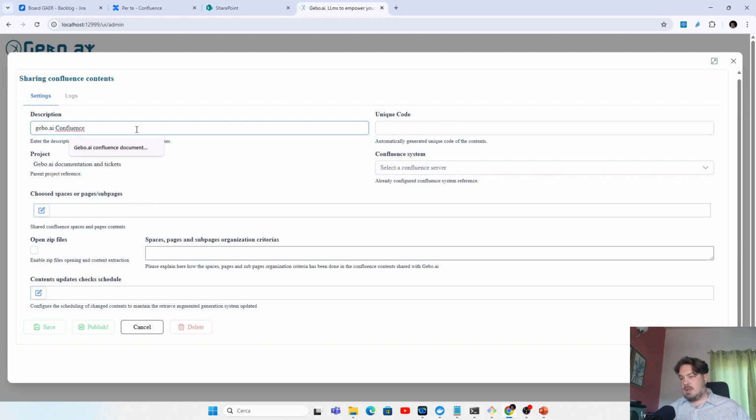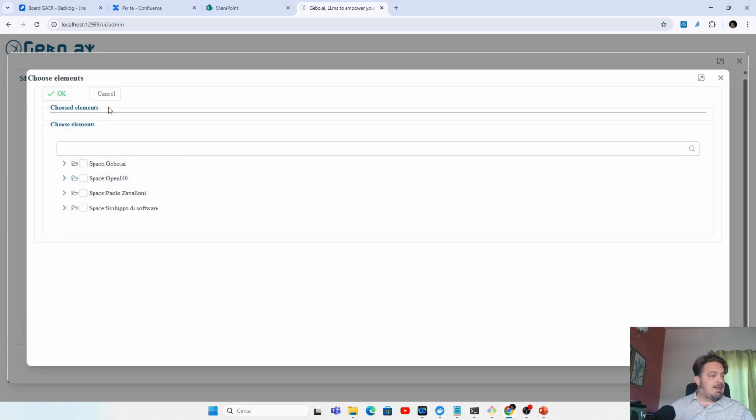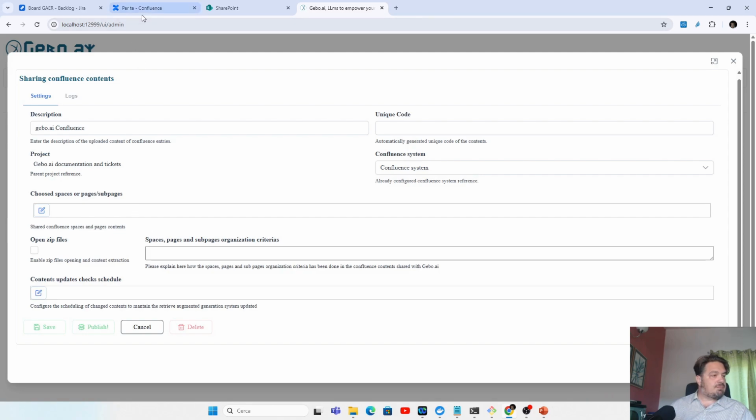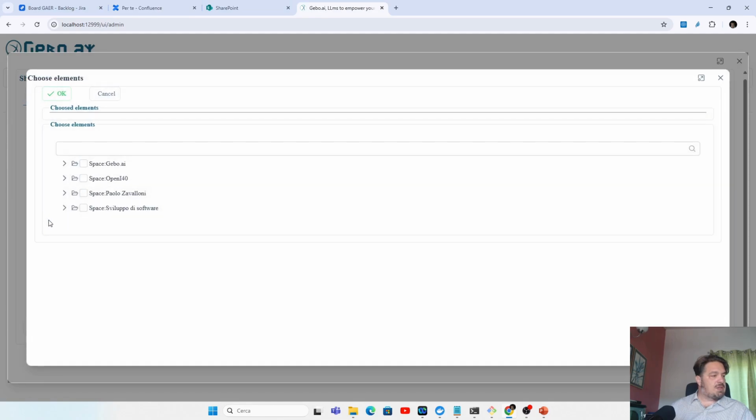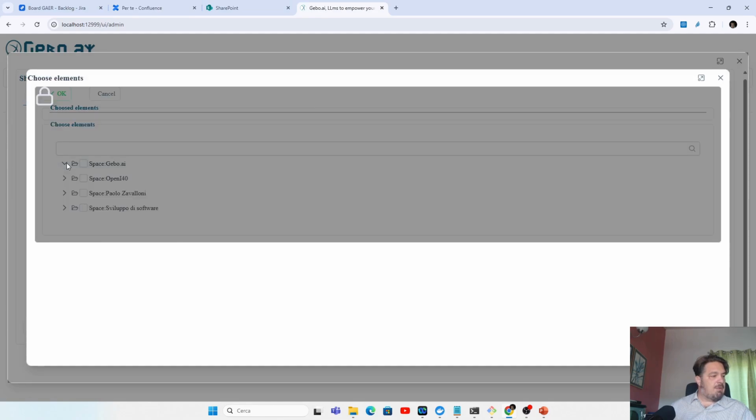I try not to go very slow, otherwise you will get very bored. There's a technical part that typically your system administration, or one of your more trained IT employees, can do. As you can see here, that's my Confluence page with, of course, all the valid pages. And now here in Gebo.ai, I choose exactly some of the spaces